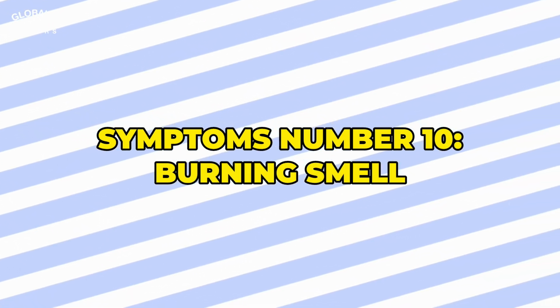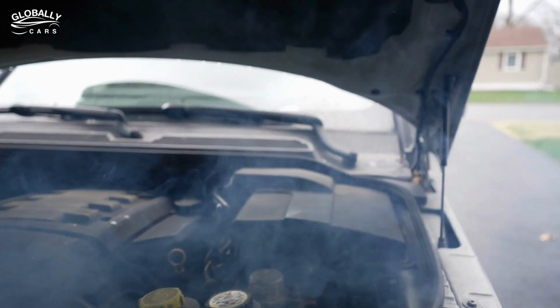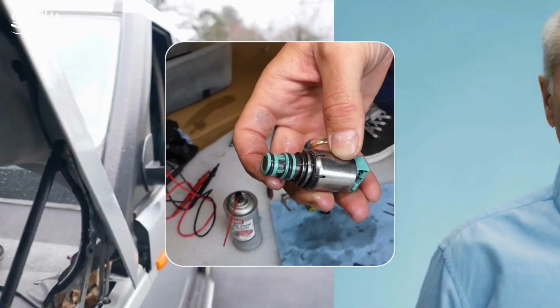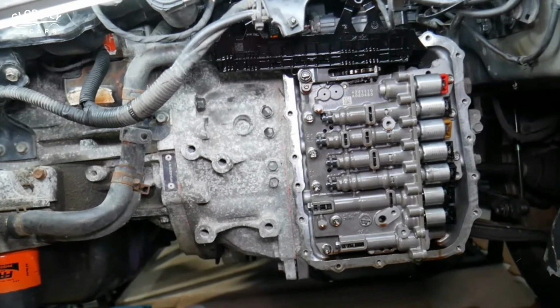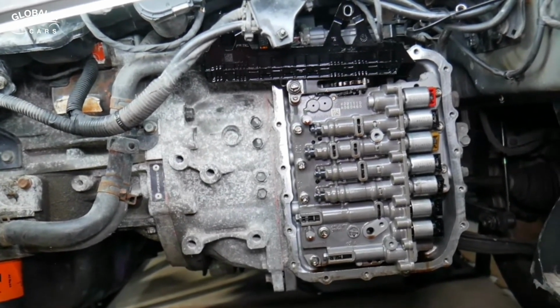Burning smell. If you smell something strange coming from your vehicle, it could be a serious warning, often related to a bad transmission shift solenoid. This kind of smell usually means the transmission fluid is getting too hot. When the solenoid isn't working right, it can mess up the flow of fluid, causing too much friction and heat